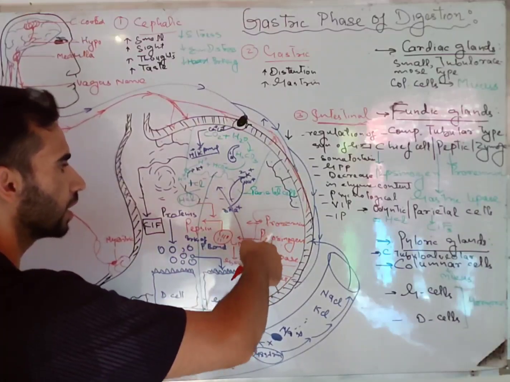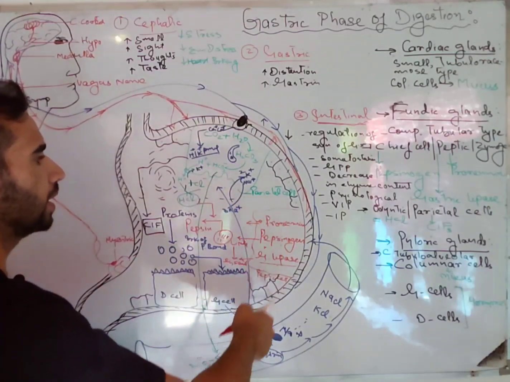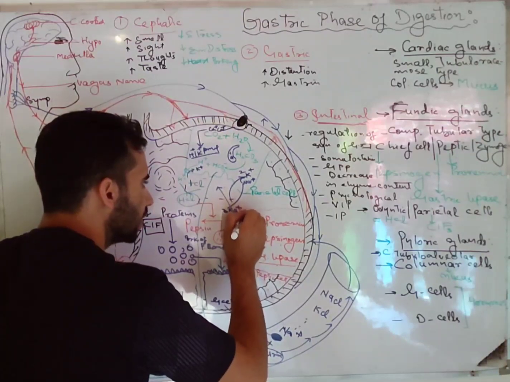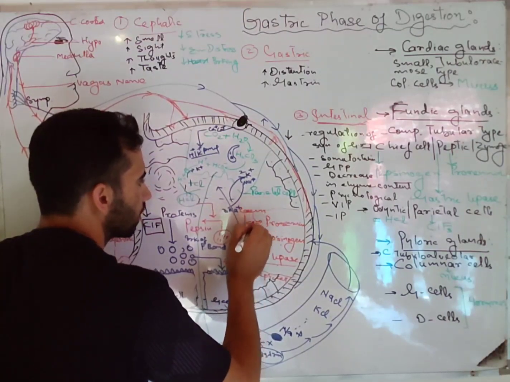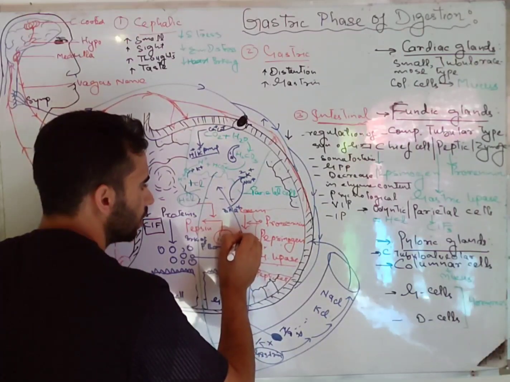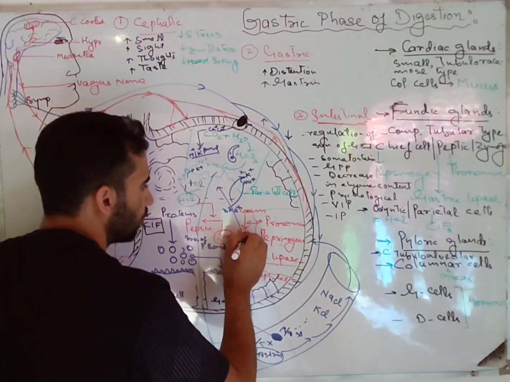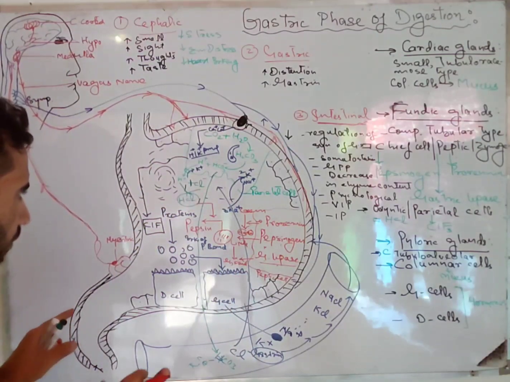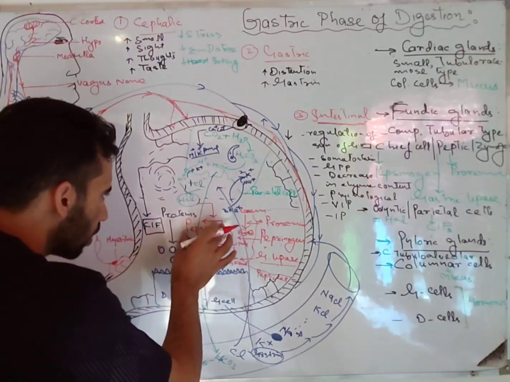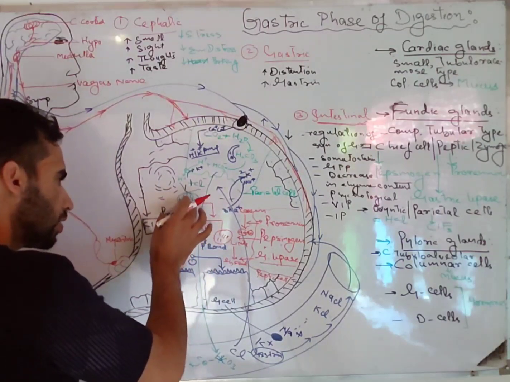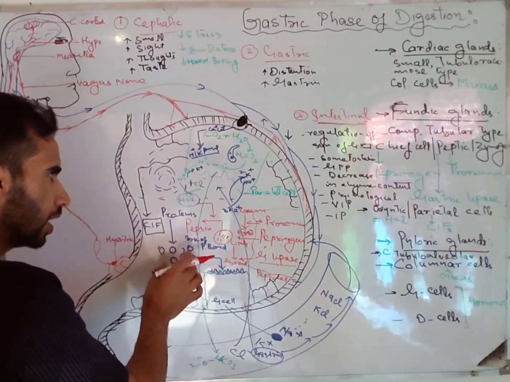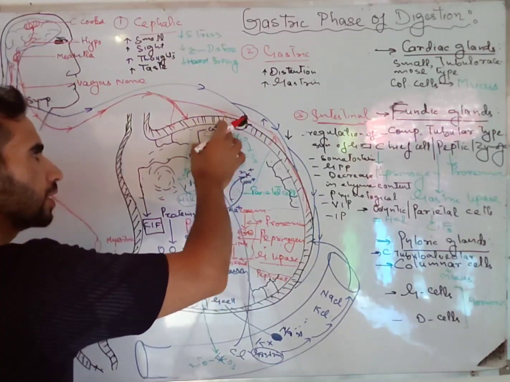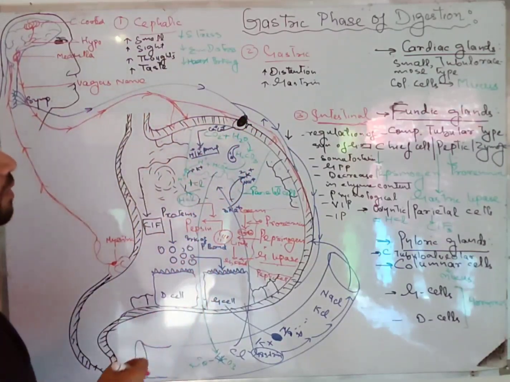So this prorenin can also be synthesized by this peptic cell under the same mechanism through which other secretions are secreted by the respective cell, and this prorenin will be responsible for the digestion of casein of our milk into its respective monopeptide and polypeptide chains. So in our stomach we have seen that under the influence of pepsin, partial digestion of proteins takes place, isn't it? And we have also seen that the hydrochloric acid which has been synthesized by different types of the cells of our gastric glands,